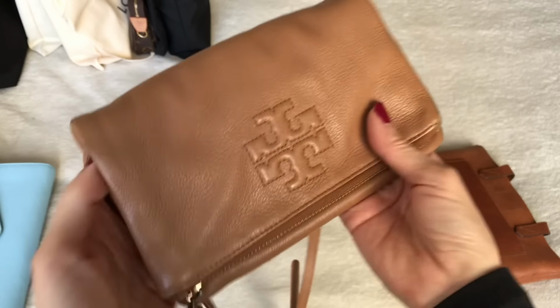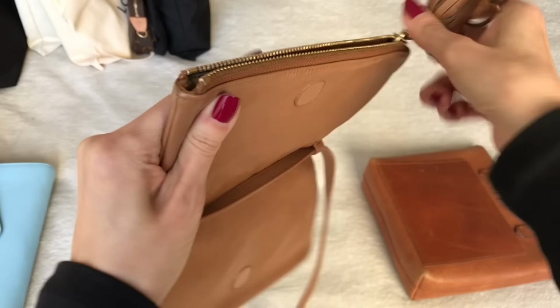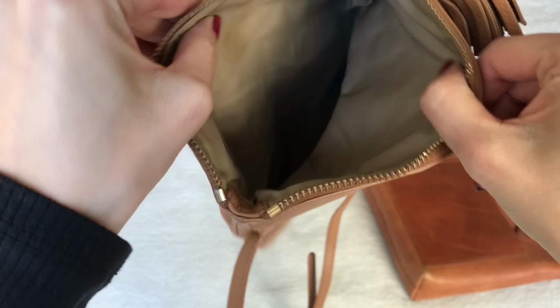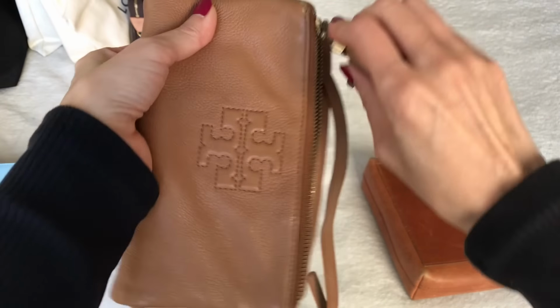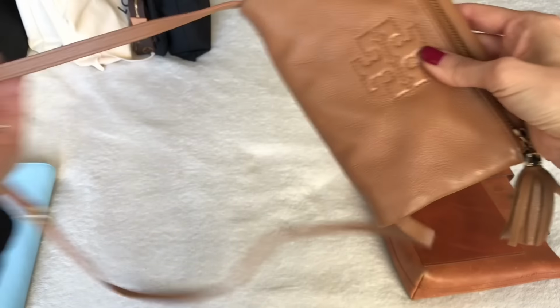I had another one like this, but much bigger in black, which I have since let go. And it looks like this. I bet you it's really dirty. Yeah, probably dirty from my hands and my kids' hands, snacks and all of that. But this was really small, just for on the go. And then I'd probably have a diaper bag or backpack with me in the stroller, but this is what